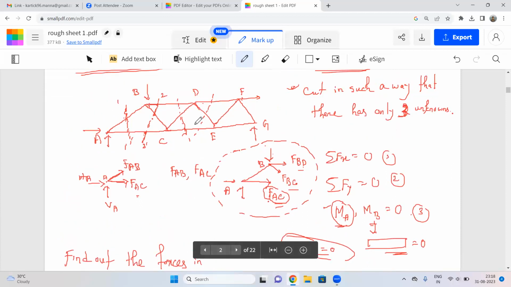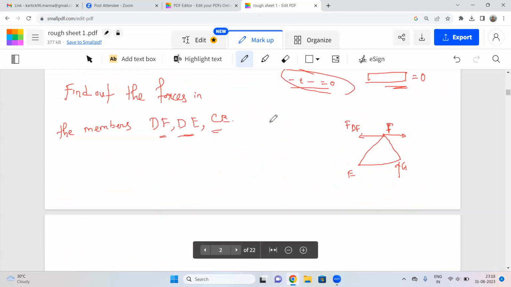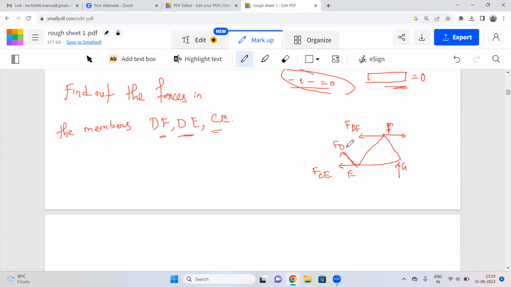Then from E, we have FEC and FDE. Now the angle you know because the values are given, right? For this whole section now,